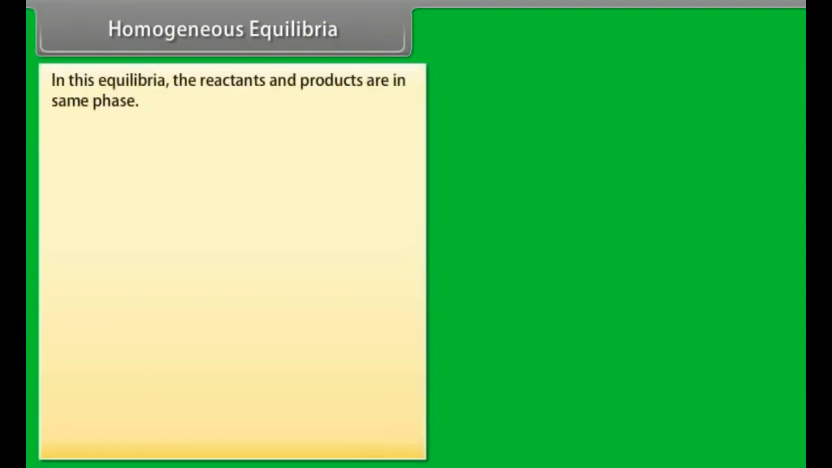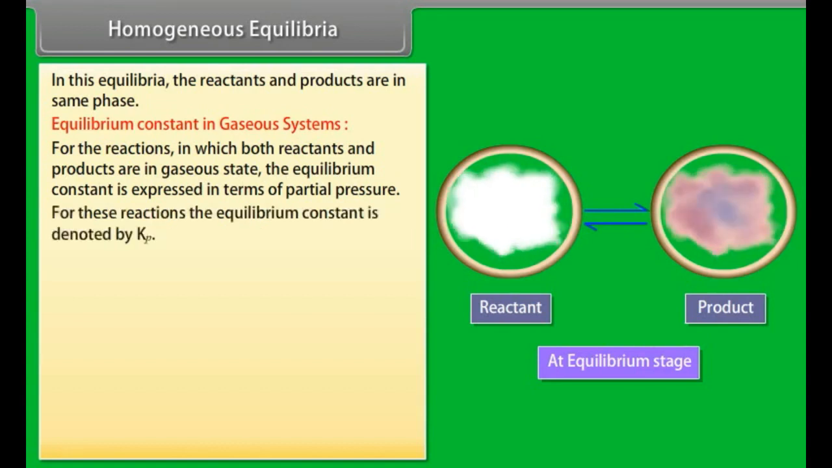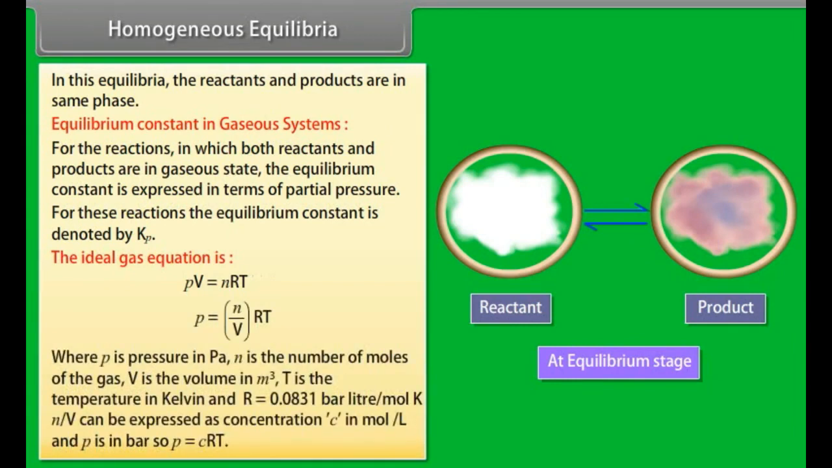Homogeneous equilibria. In these equilibria, the reactants and products are in the same phase. Equilibrium constant in a gaseous system. For reactions in which both reactants and products are in the gaseous state, the equilibrium constant is expressed in terms of partial pressure and is denoted by Kp. The ideal gas equation is PV equals nRT. P equals n by V times RT, where P is pressure in Pascal, n is the number of moles of the gas, V is the volume in meter cube, T is the temperature in Kelvin, and R is equal